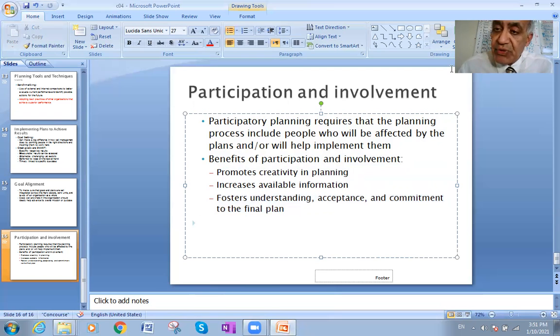Thank you for listening. We talk here about the planning, types of plan, operational, strategic, tactical plan. We talk about the elements of plan. We talk about the advantages why we are using plan. We talk about the scenario planning. We talk about participation in making a plan. We talk about the forecasting, which is the core idea of planning.